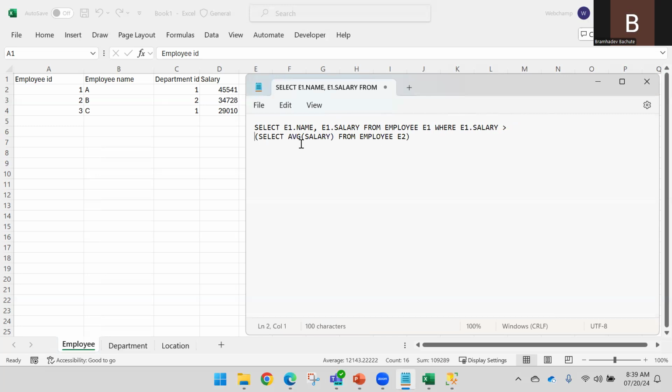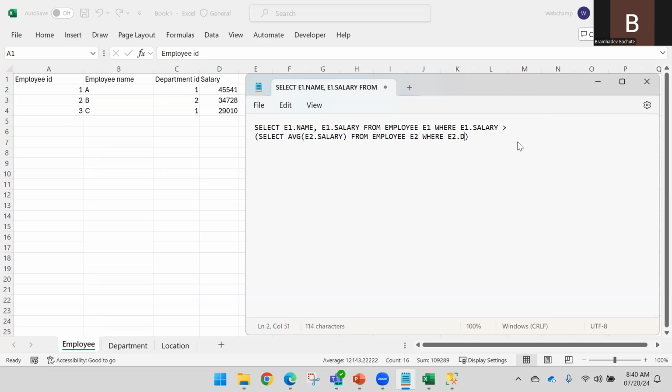Now here I'm going to use E2.salary, meaning I'm going to find out the average salary. So average of E2.salary from this, and the where condition comes into the picture, where E2, obviously this is the second query, the subquery,